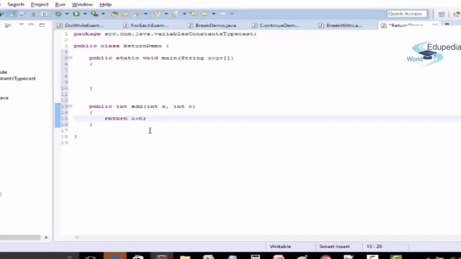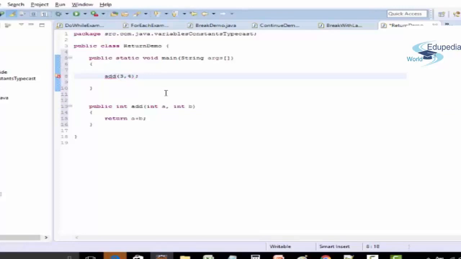So it's perfectly legal to do a computation and return in the same line, as I'm doing over here. It is actually equivalent to doing int c = a + b and then return c. But since I don't want to use c unnecessarily, that's why I'm doing return a + b in the same statement. And now let me call this method. For that I have to create an object of this class. Okay, for simplicity, let me make this method static because I don't want to go into object creation right now. Let me add 3 and 4.